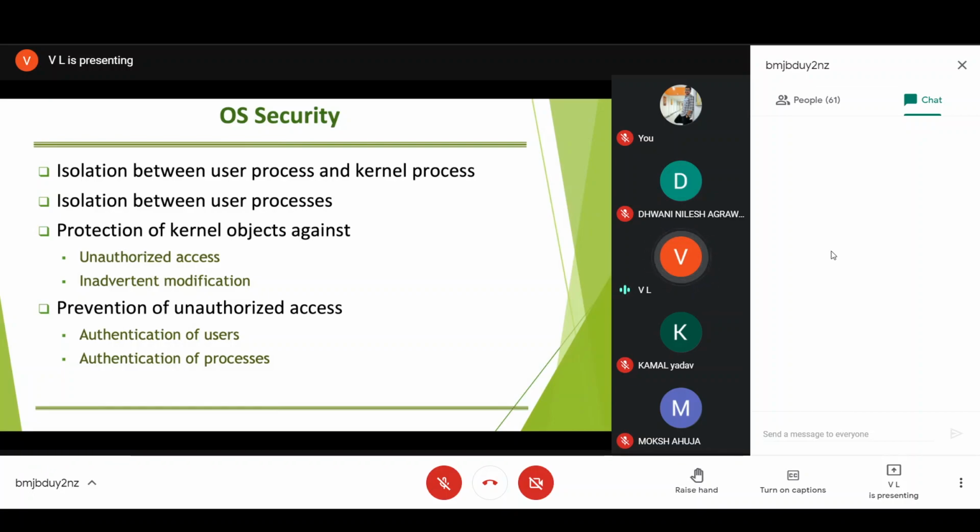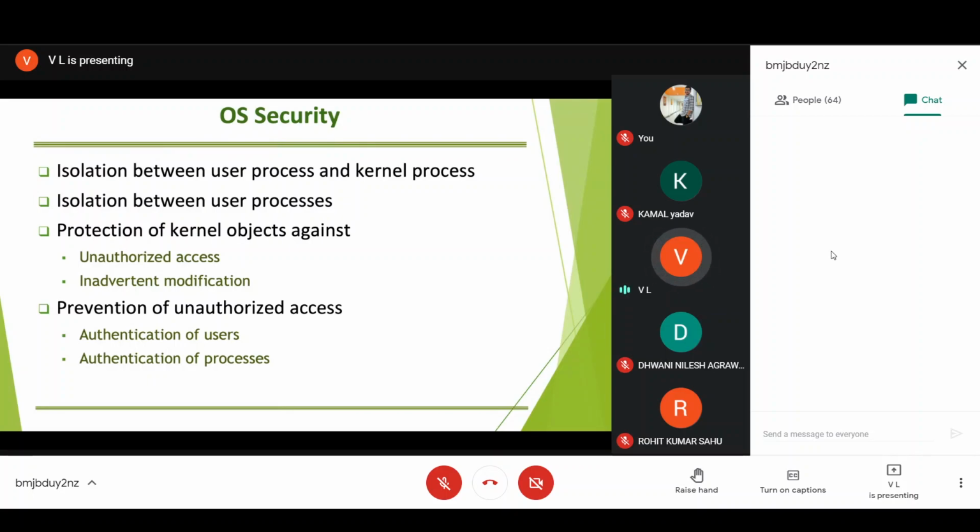A user process should not be allowed to access the memory which is allocated to another user process. It should not be allowed to read or write that memory, unless there is a shared memory between the two processes. But if there is shared memory, then the access should be limited only to the shared memory, and the access mode should be as decided by the shared memory rules, which have been pre-decided between the processes.